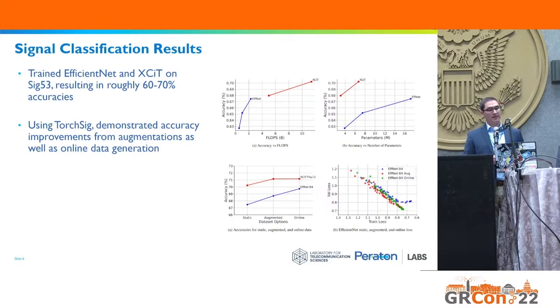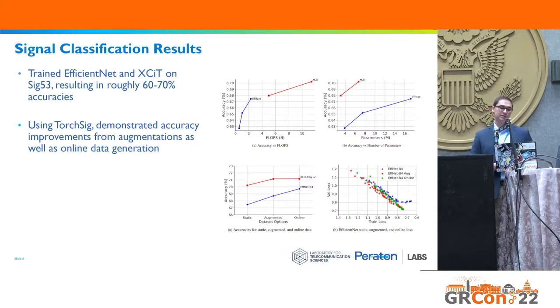And with this, we have the blue circle dots in the top left, where we can now clearly see that with the increased complexity in terms of flops and parameters, we are getting increased performance as well on the SIG53 data set. So this is giving us a good feeling that this data set is sufficiently challenging and complex for